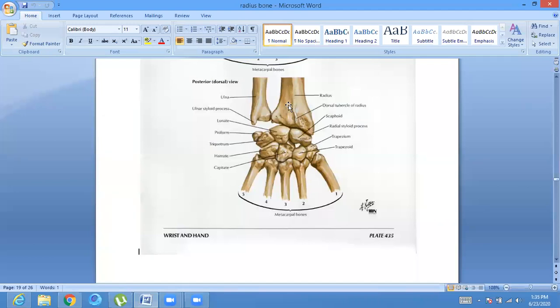Okay, now the first groove over here, जो यहाँ पे first groove है that is present on the dorsolateral aspect, यहाँ से मैंने आपको बताया 2 tendons पास कर रहे हैं, कौन से जी? Abductor pollicis longus and the extensor pollicis brevis. And the other one, the second groove, it is present between the styloid process and the dorsal tubercle. Dorsal tubercle और styloid process के दरमियान में जो ये groove है, it is for the passage of the 2 tendons, the extensor carpi radialis longus laterally and the extensor carpi radialis brevis medially. ये दो tendons यहाँ से पास कर रहे हैं. Okay, just show you over here also.